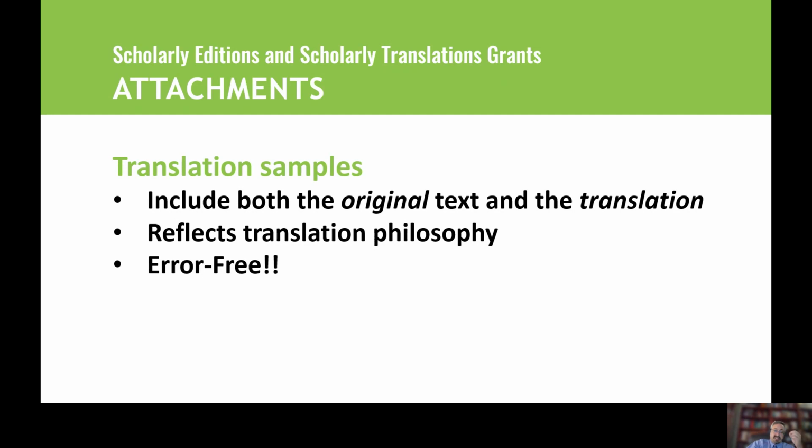And then with the translation samples, I would emphasize that we need to have an example of the original text. So say if it's in Latin, that there be a sample to read the translation against. So there needs to be both an original text of some kind that is legible, and then a translation that can be used by someone who knows the language on the panel and be able to read the two together. These should be as much as possible error-free. Oftentimes that can be a real damning criticism if there are obvious problems with the translation